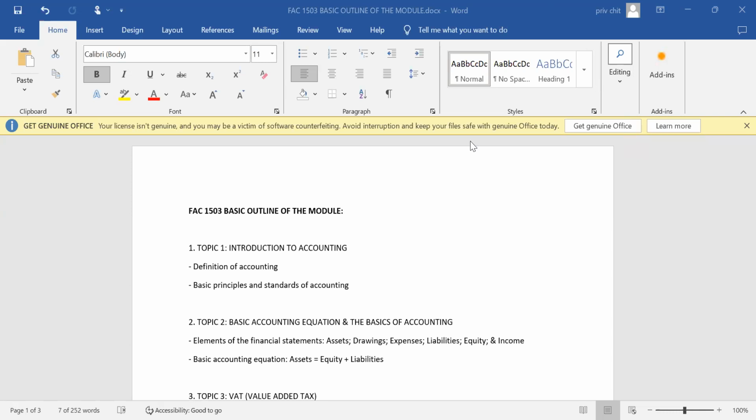So what I would like to begin with as we get started in this engagement, I would like to first start off by giving you an outline of the essential topics that you'll be dealing with. Of course, there are certain changes here and there with regards to some of the topics. One which I'm going to indicate at the very end of the outline, right? But the first key topic in this module is topic 1 on introduction to accounting.